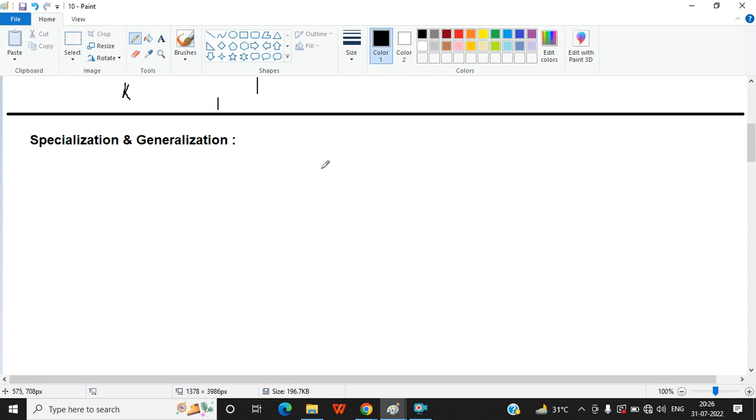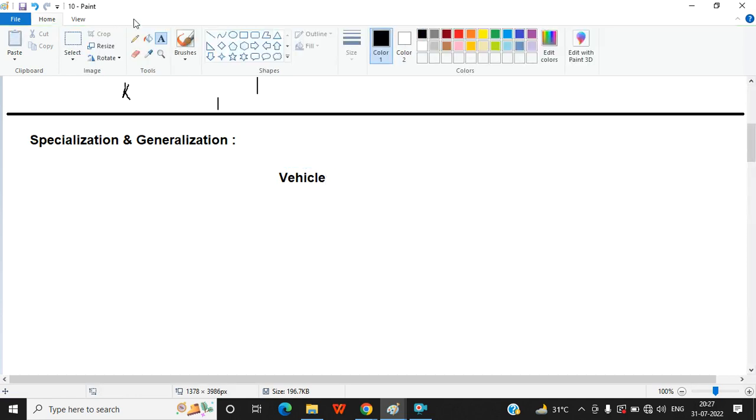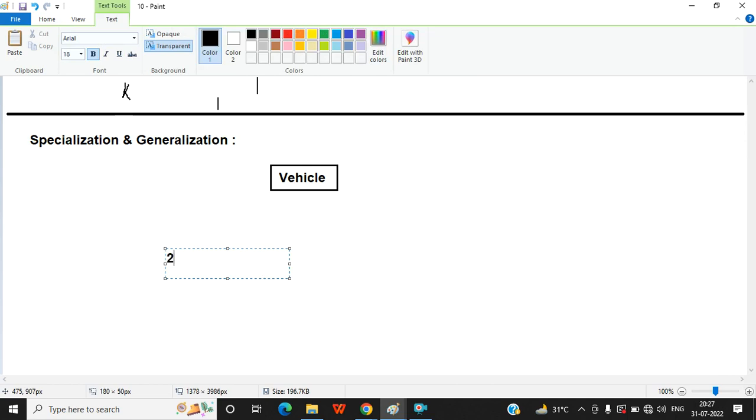suppose we are going to construct a database for an automobile engineering firm. There you will find an entity named automobile, that is, the vehicle. Now, clearly, in that firm you may have different types of vehicles. What are the different types of vehicle you may have? Two-wheeler, four-wheeler,